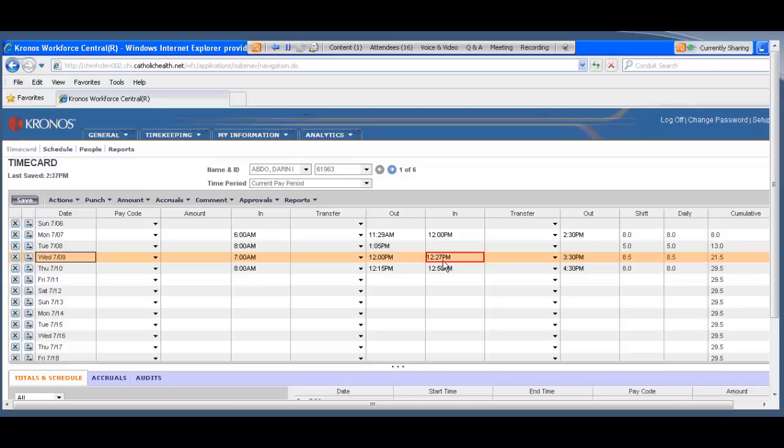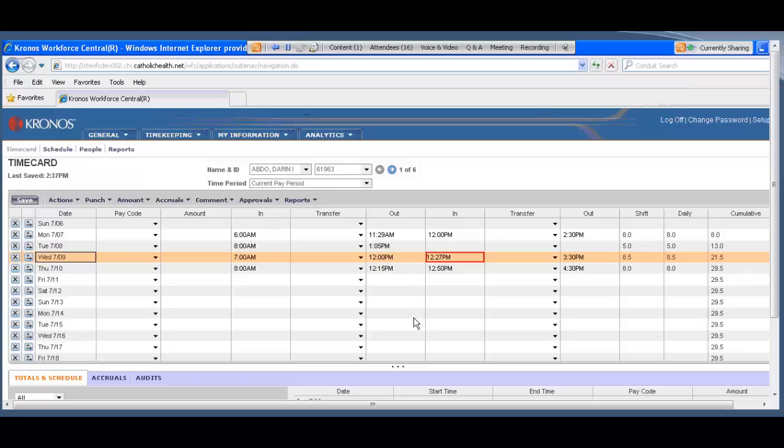And again, the reason that he will get paid 8.5 hours for that day is because he did not take a full 30 minutes. And that's why I get the red box around his in punch from lunch, that he did not take a full 30 minutes. It's very important that you make sure that your employees take the 30 minutes, because throughout the pay period, that extra half hour throughout the week could basically put them into overtime if they're working a full schedule, so to speak. If they're not taking a full 30 minutes, they will end up with an extra half